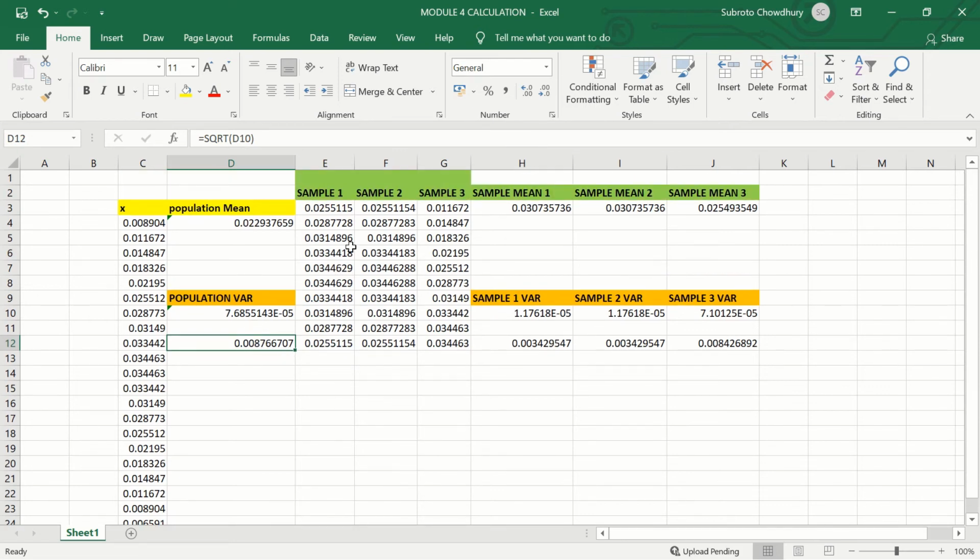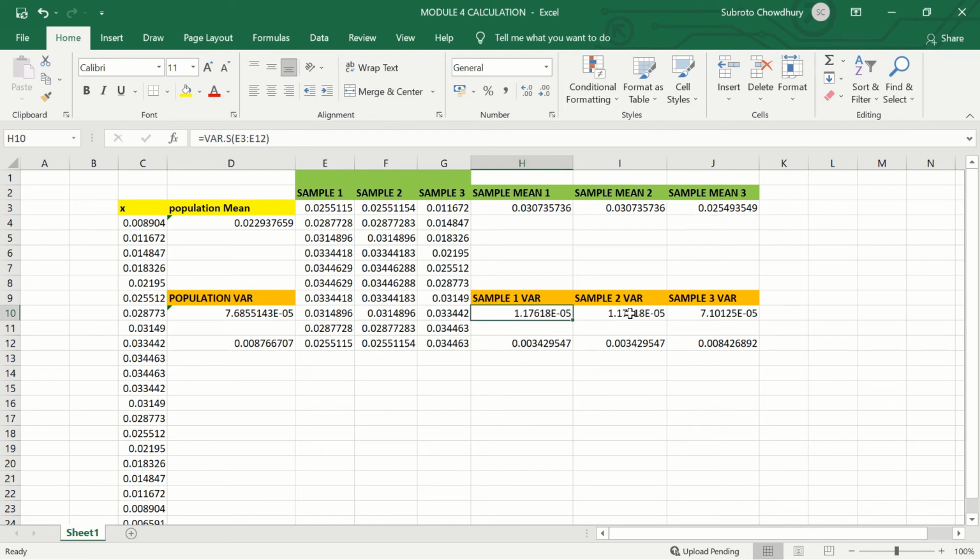Now what we have done is that we have taken random samples. We have taken sample 1, sample 2 and sample 3. Random sampling we have done, and the sample size is 10, so we have taken 10 random samples. This is how the basics of statistical modeling work. We have to take the population into mind, and then we draw samples out of the population, and we have calculated the sample mean in all the cases, sample 1, sample 2 and sample 3,